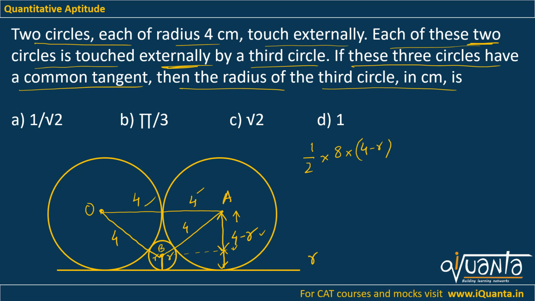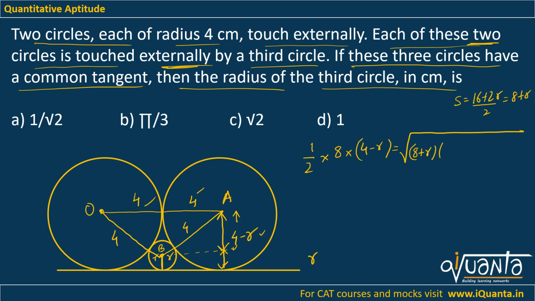This point is B. I can also write the area of this triangle using Heron's formula, which will be, so S will be A plus B plus C by 2, where A, B, C are the sides of the triangle. So 8 plus 4 plus r plus 4 plus r, which is 16 plus 2r, divided by 2. So 16 plus 2r divided by 2 gives me 8 plus r. So this is S. So I can write the formula here as S, which is 8 plus r, S minus A.